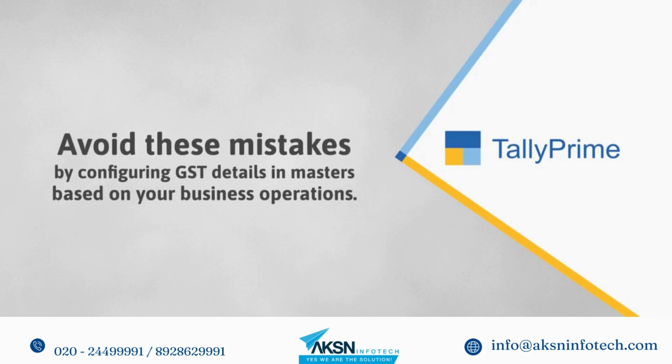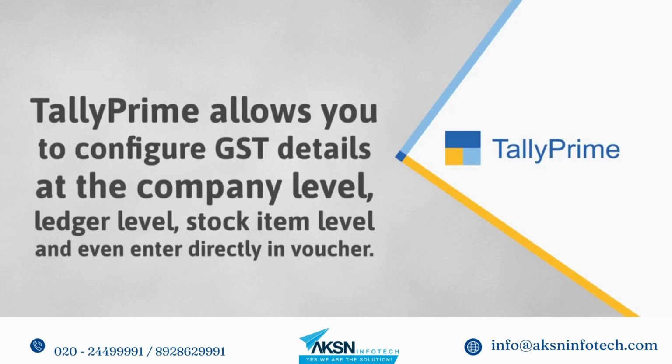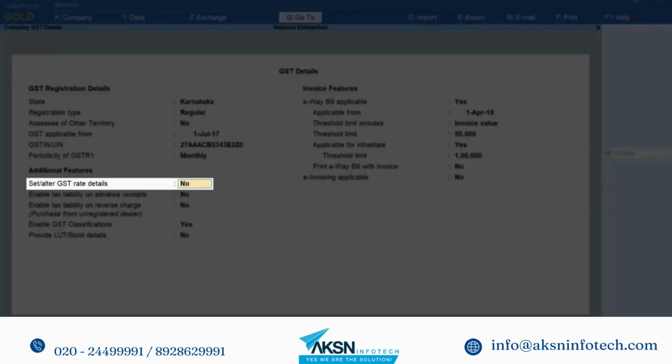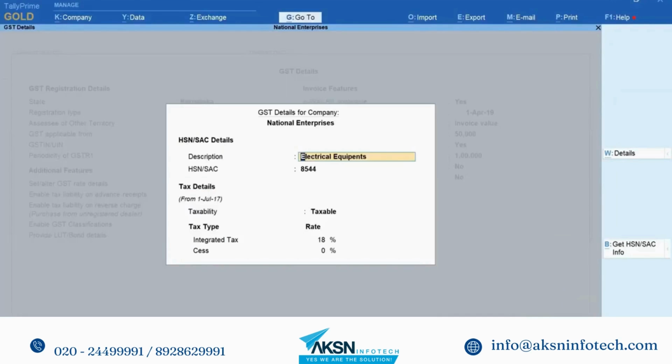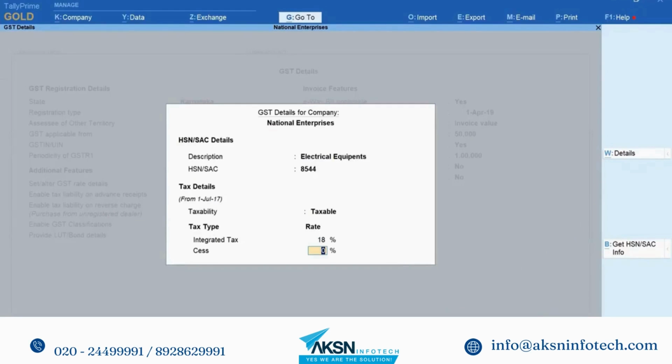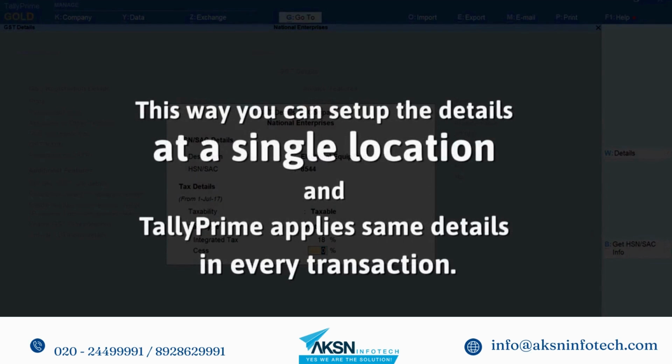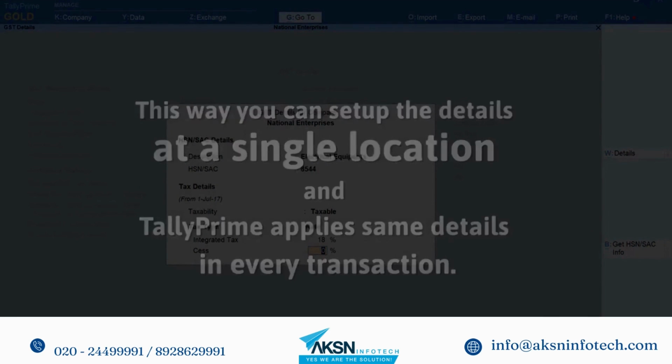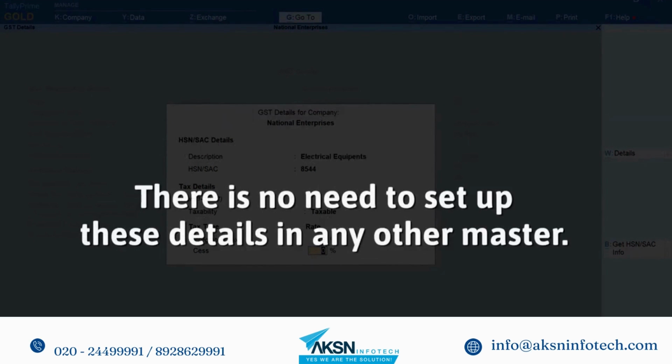आप अपने व्यापार की व्यवस्था के अनुसार मास्टरों में ही जीएसटी संबंधित जानकारी कॉन्फ़िगर करके गलतियों से बच सकते हैं। टैली प्राइम काफी लचीला है और आपको जीएसटी की जानकारी कंपनी में, लेजर में, स्टॉक आइटम्स में या फिर सीधा वाउचर में कॉन्फ़िगर करने की अनुमति देता है। आप जीएसटी की जानकारी कंपनी में सेट कर सकते हैं यदि कंपनी में समान HSN कोड और जीएसटी रेट वाली स्टॉक आइटम्स का लेन देन होता है। इससे आप एक ही जगह सारी जानकारी सेट कर सकते हैं और टैली प्राइम वाउचर में उसी जानकारी पर आधारित टैक्स लागू करेगा।